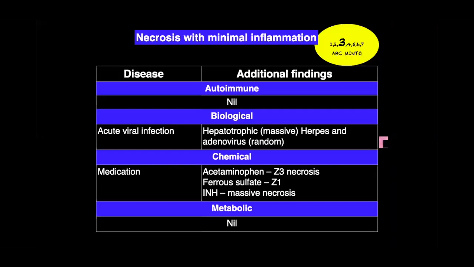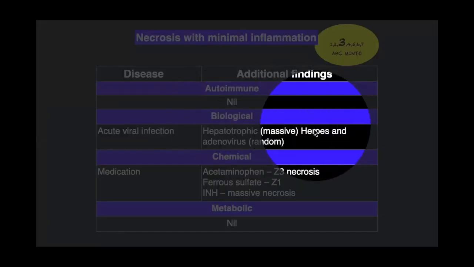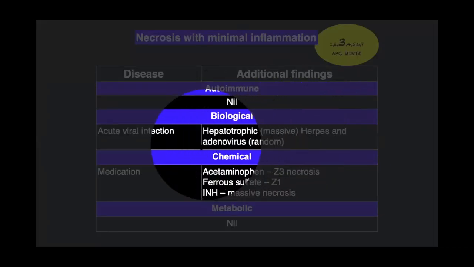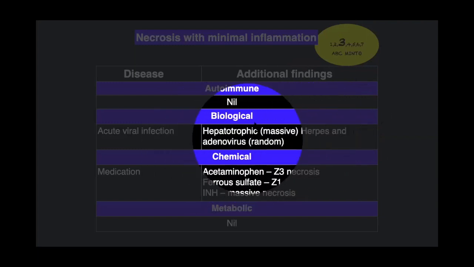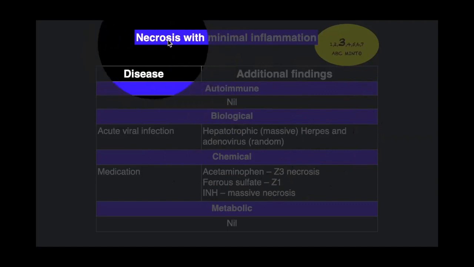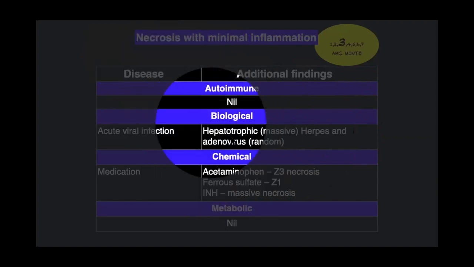There are some conditions that cause necrosis without or minimal inflammation in the lobules. Again, what are all the conditions that do necrosis without or minimal inflammation? Viral infections. Remember, I showed you some slides of herpes and adenovirus. We will see it again. Herpes and adenovirus produce extensive necrosis. Confluent or massive or fulminant hepatic failure will be there.